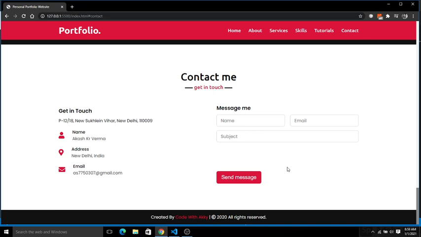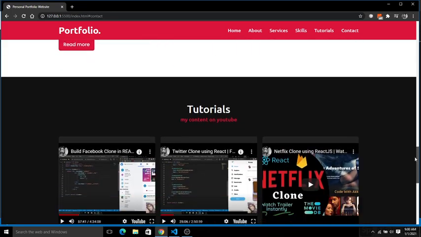Firebase is a free tool to add this, but you can only use it for 30 days. So you can simply send a message. You can simply add an SMTP protocol here, or do it this way. So you can see we are done with this.